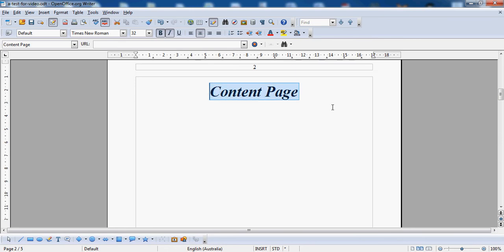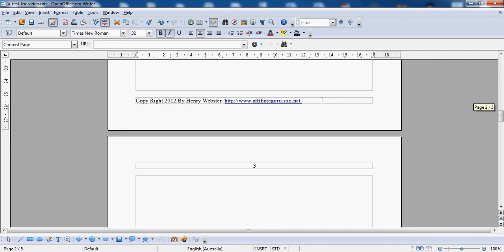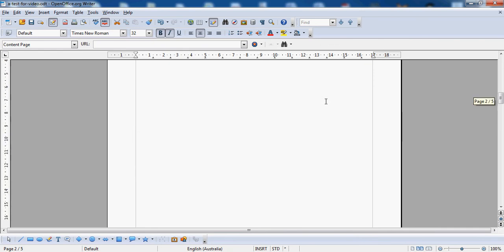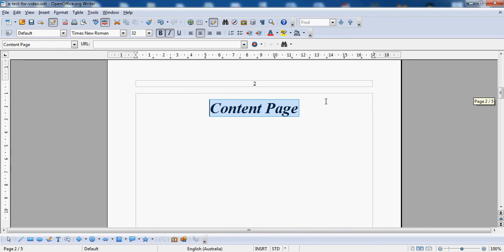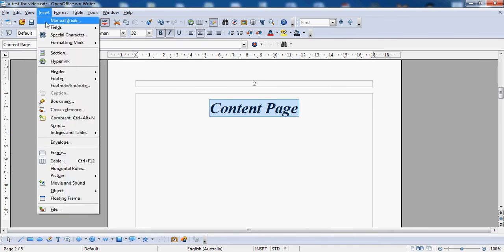Now this is the one that we're going to be putting some text down here shortly, and it'll say go to content page or back to content page. All they'll do once they've clicked on their ebook or the PDF file, when they click on that, it'll shoot it straight back up to this page right here. So what we need to do is we go over here to Insert, and we'll go down to